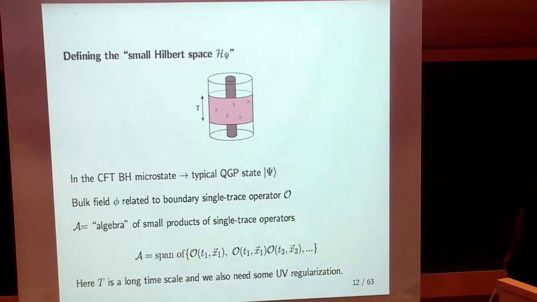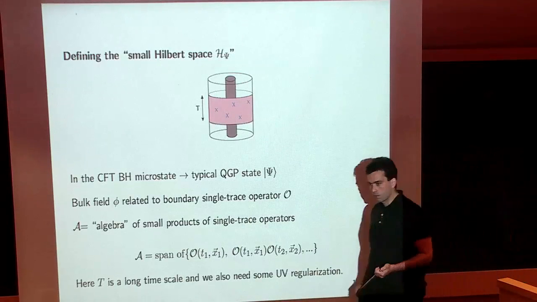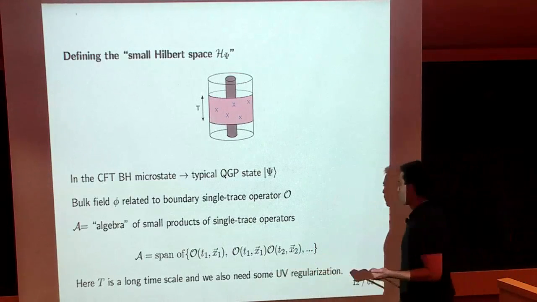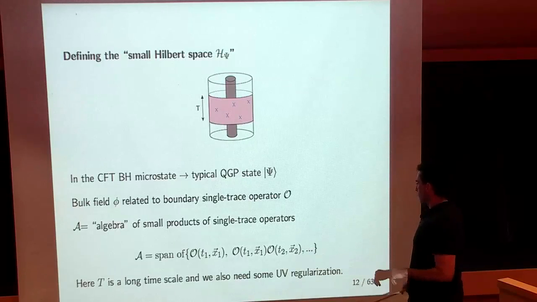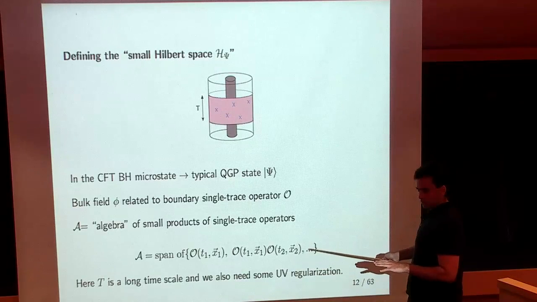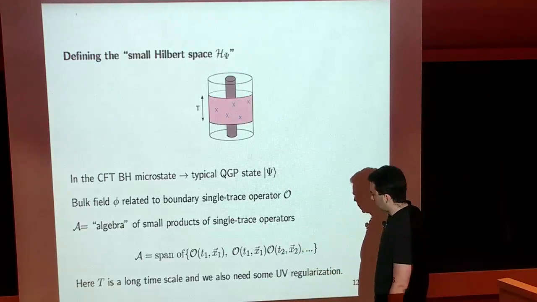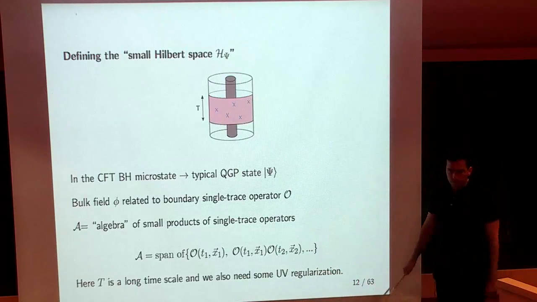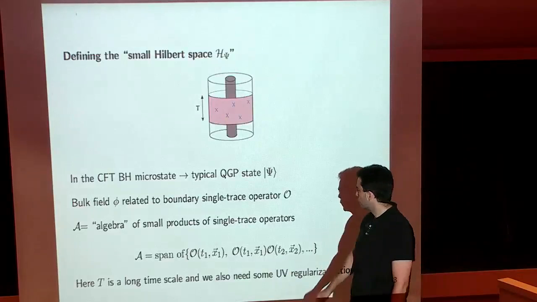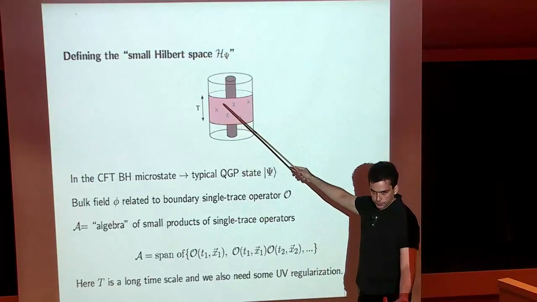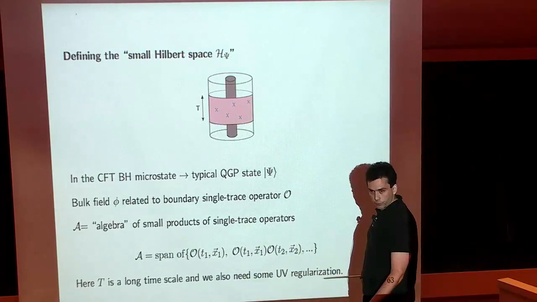This is acting on either a small or a large black hole, or is it essentially fixed? Well, so this black hole is going to be a big black hole. It has to be big. Yeah, okay. So these points have to be smeared a little bit so that the energy is finite. So I have to introduce some UV regularization.